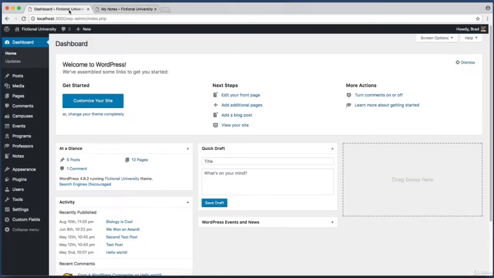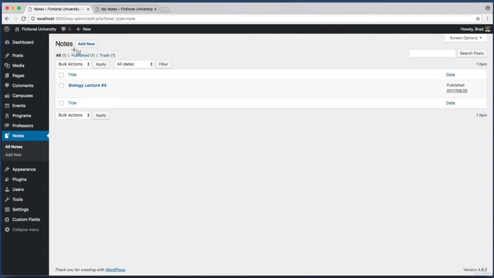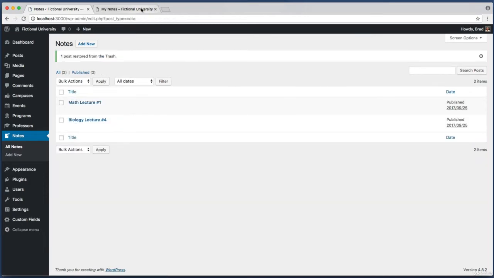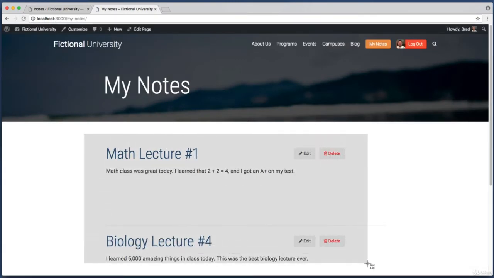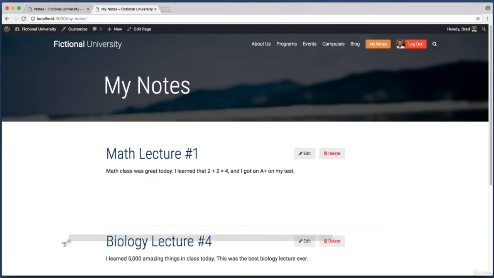So over in my dashboard, if I click on Notes in the sidebar, and then right here, if I click on Trash, here's the note post that matches the ID number that we hard-coded. So it was successfully deleted, but just as a test, let's restore it. Okay, and now back on the front end, if I refresh, cool, we've got two posts again. So now let's work to make the delete button flexible and use the ID of whatever post it's sitting right